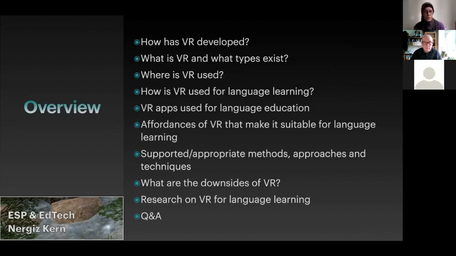We'll also very briefly look at the downsides, like all technology has, and at research on virtual reality and language learning. And hopefully we'll have some time to look at some apps and for questions.